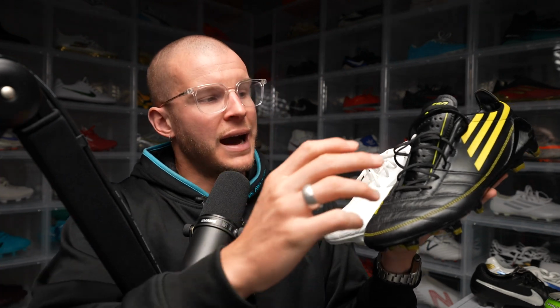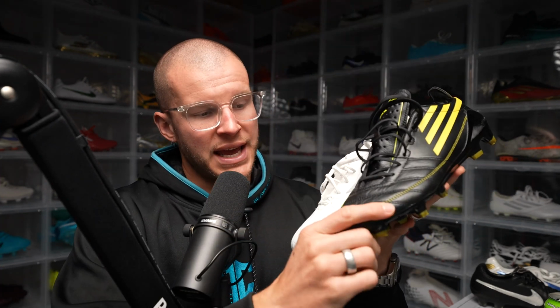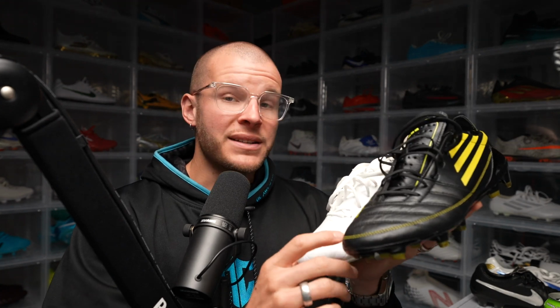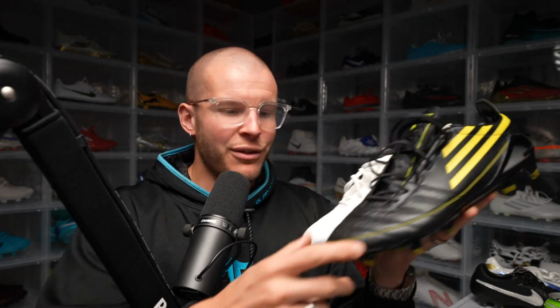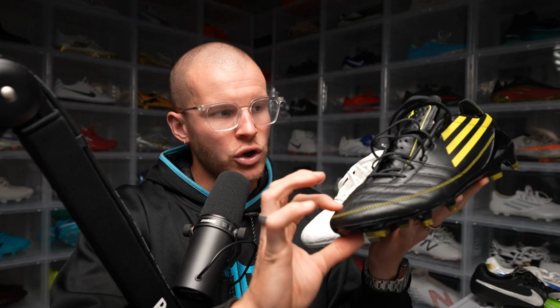This is a hard one for me because I think both boots provide a unique and slightly different sensation on feet. I think the 2010 version is going to be a lot better for wider foot shapes. That being said, after some break-in time, the 2014 version actually does a great job. But just in terms of leather feel out of the box, this one, the 2010 version, the newest remake, this